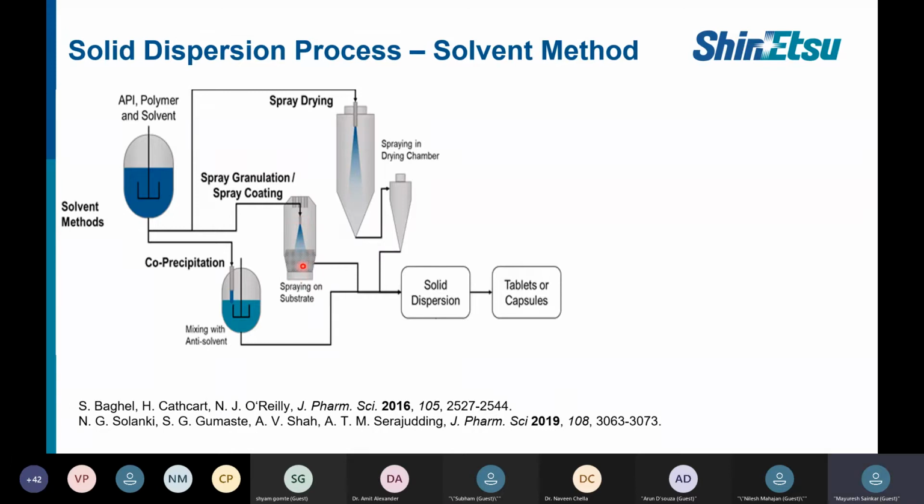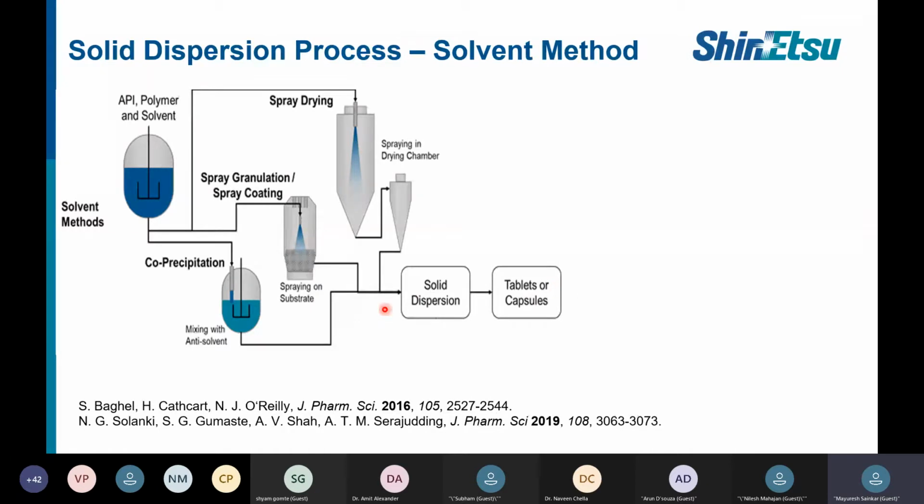And the third one is co-precipitation, where you are mixing this drug polymer mixture with an anti-solvent, or adding a co-precipitation agent, like the 0.1 normal HCl that was introduced in the previous presentation for vemurafenib. Likewise, we can add some solvents or precipitating agent, and finally convert it into the granule form. So basically, the initial stage and the last dosage form remain the same. The difference is only in the technique you are using, and the goal remains the same, that is solubility enhancement.